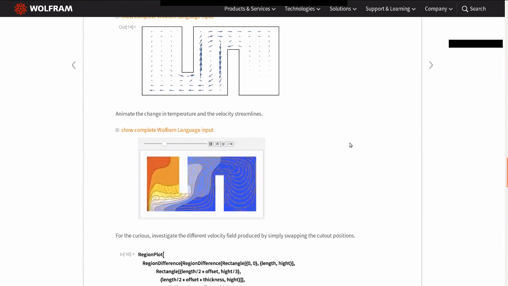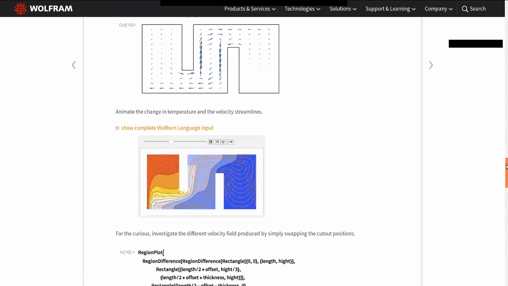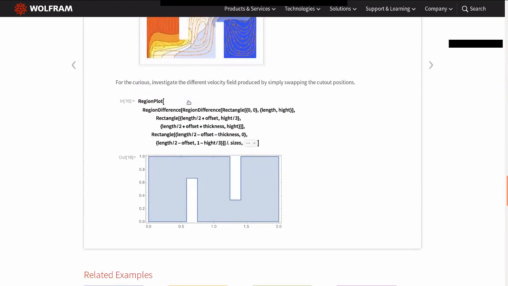So now you see, while this is heated on the left-hand side, slowly a fluid flow is forming. Now, the interesting thing is, if you change the geometry to this, so this is just inverting this here, the fluid flow profile is completely different. Yep, have a look and try it out and see what it looks like. So just something for you to do if you want to. Okay, so that's the